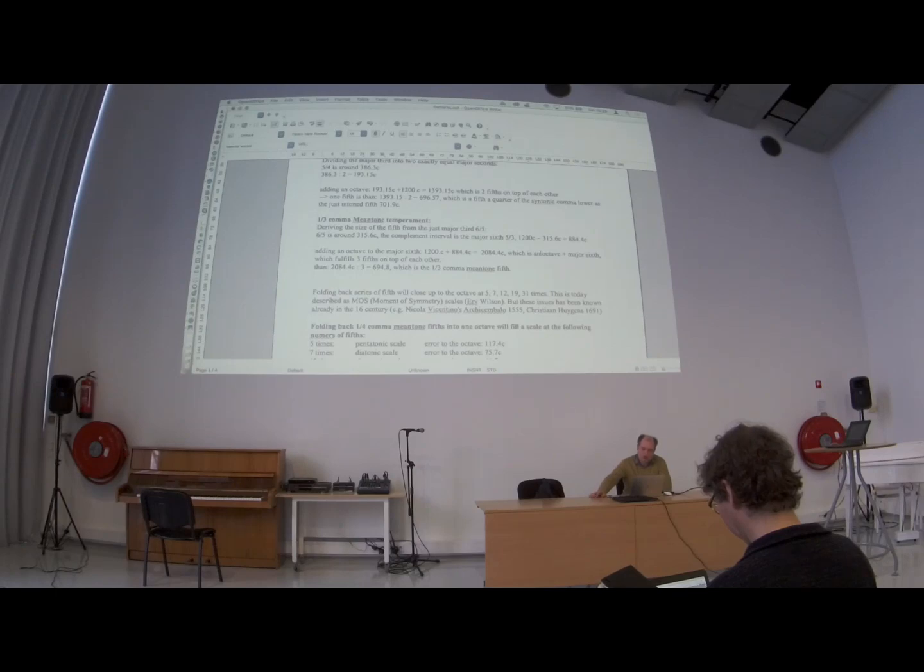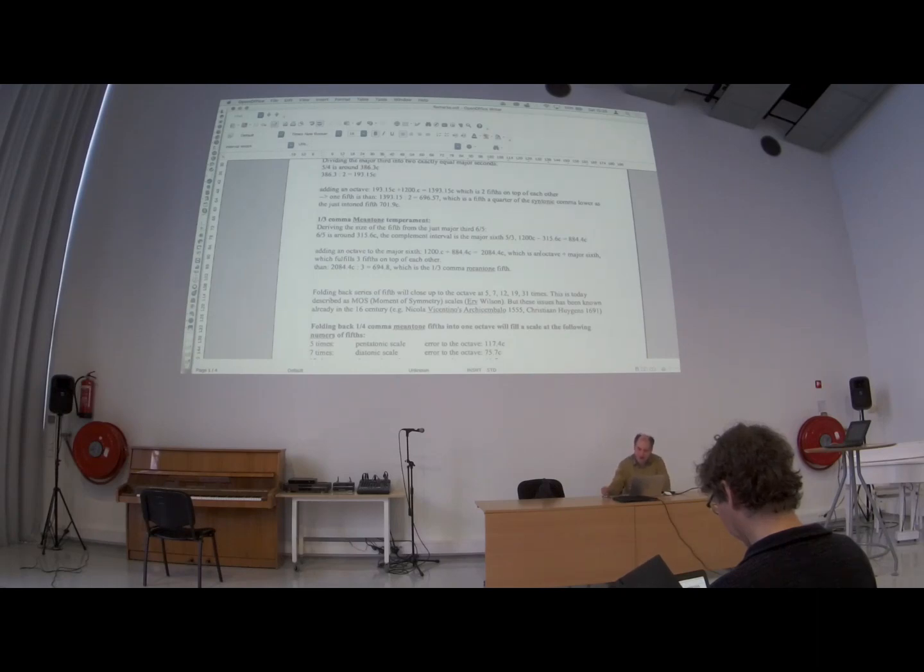Maybe everybody has heard in history about Nicola Vicentino's archicembalo. It was 1555, and there we can see that the lower manual has exactly 19 pitches in the octave. Of course, the upper manual together has 36, but it's based on this circle of 31 pitches, and later Christian Huygens